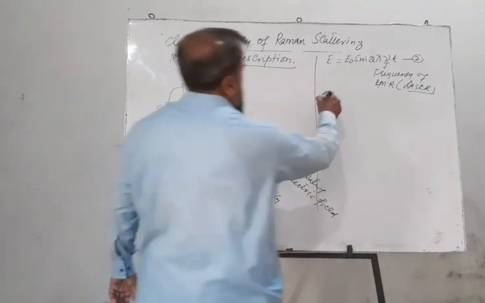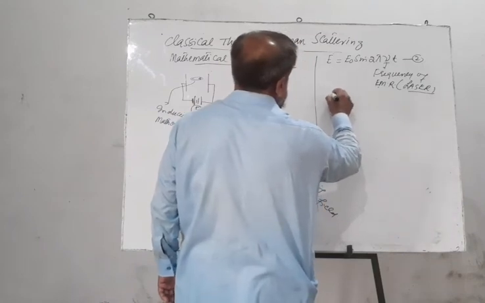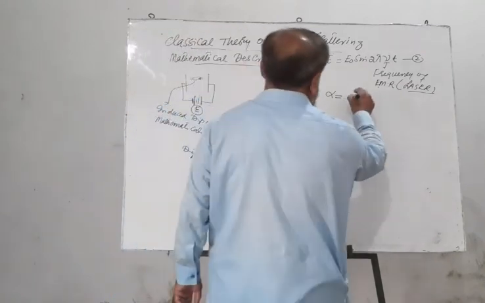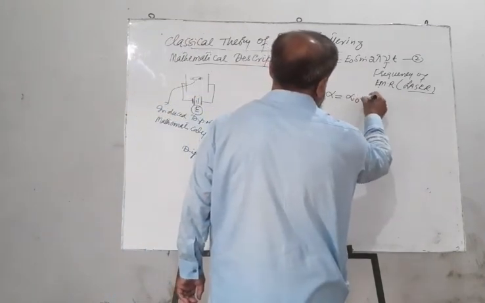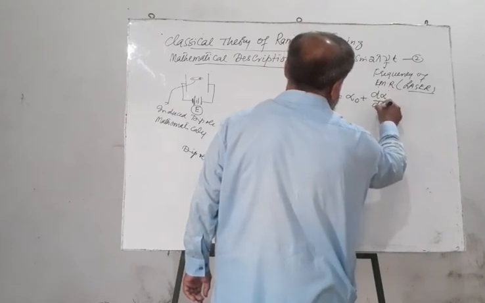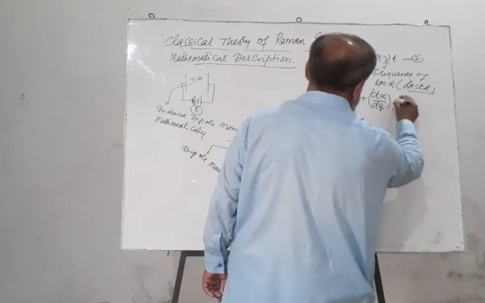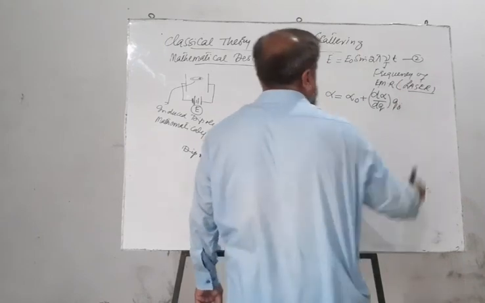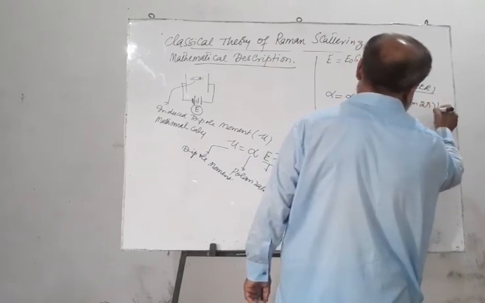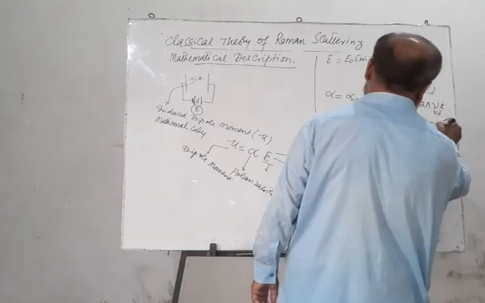The polarizability alpha is given by the relation alpha is equal to alpha naught plus d alpha by dq into q naught sine 2 pi nu vibration into t, equation number 3,